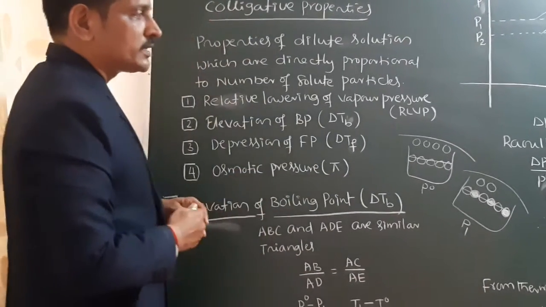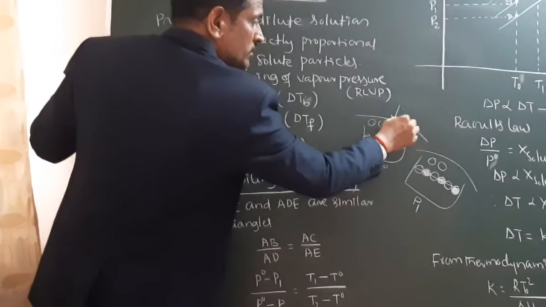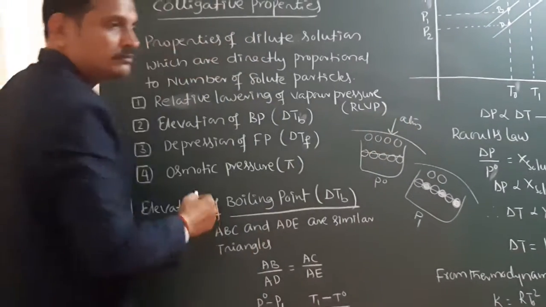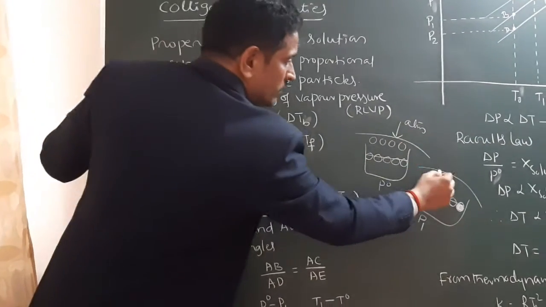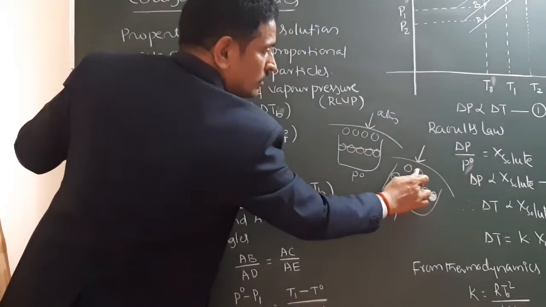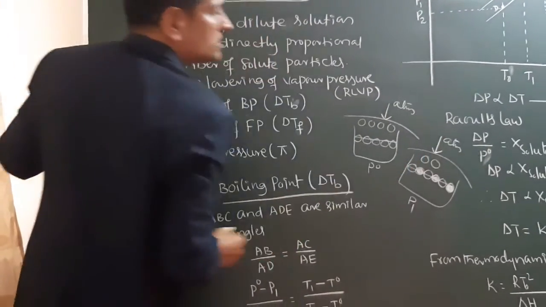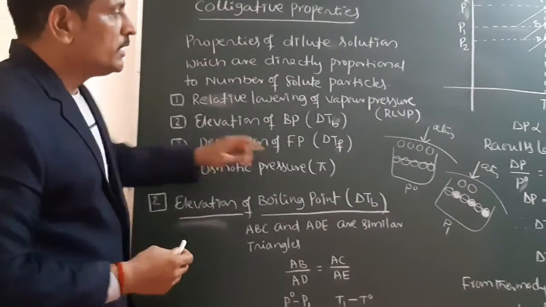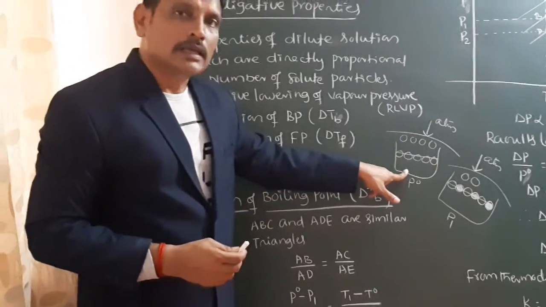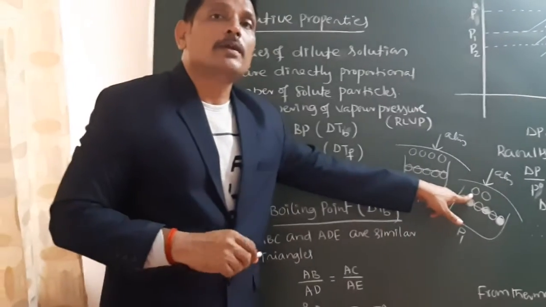When boiling point is considered, boiling point is equal to the temperature at which the vapor pressure exhibited by the liquid becomes equal to atmospheric pressure. Here also, boiling point is the temperature at which the vapor pressure exhibited by the liquid becomes equal to atmospheric pressure. Automatically, as the vapor pressure of this liquid is more, its boiling point will be less. As the vapor pressure of this liquid is less, its boiling point will be high.